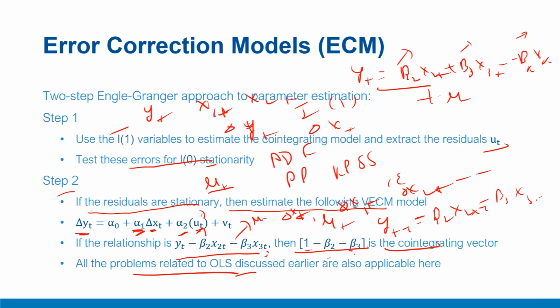To summarize this video, we discussed the Engle-Granger two-step approach to estimation of error correction models with co-integrating relationships. In the first step, we found the relationship in the long-term model, and in that long-term relationship, we extracted the residuals and examined them for their stationarity. The ECM kind of model will only exist if these error terms were stationary and I0, and if they were, then we would go ahead with the ECM model, which is a combination of first differences and lag terms of the time series variables.